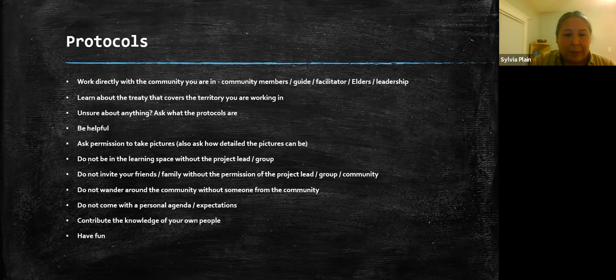If you're working in a community, don't just wander around, or if you're going to, ask about it first: what's the best road to go down? We've partnered with other communities, and we've had non-Indigenous people just wander around, and they could have been in danger. Res dogs are a thing, they could attack you, bears could be out, whatever. It's good to ask the community first so that you're aware of these things. Is it safe?